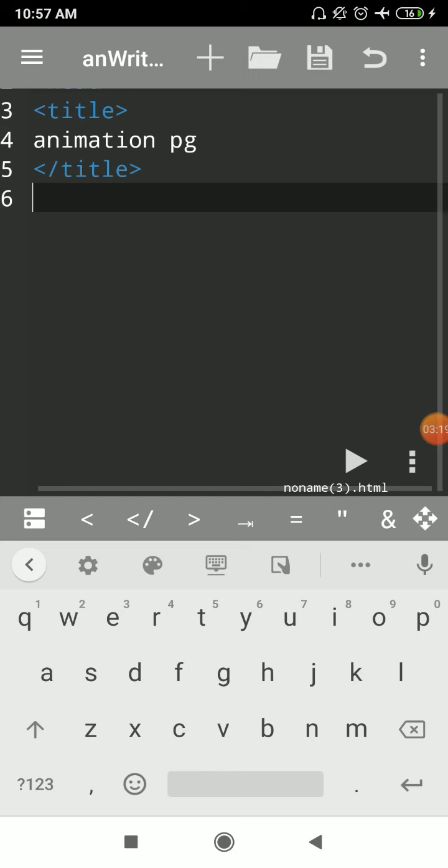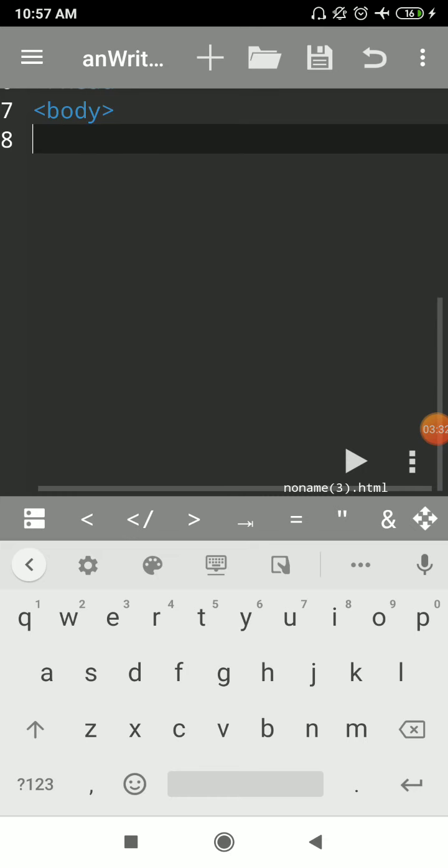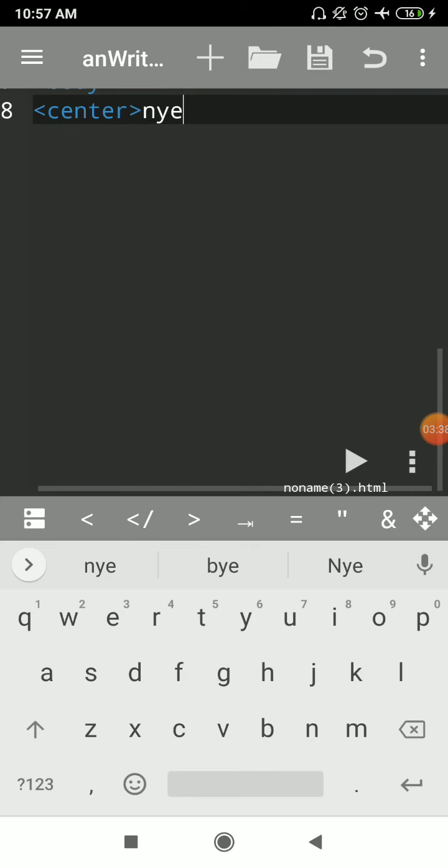Close the head section. Open the body section. And I will write some text here by using the center tag, and write demo page. This is just a heading inside the web page in the body section.